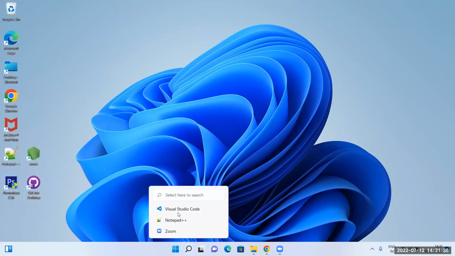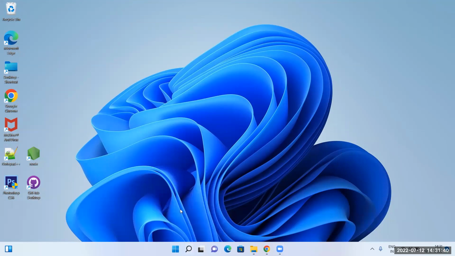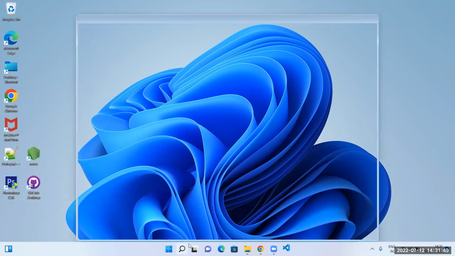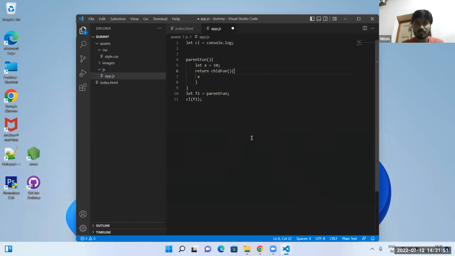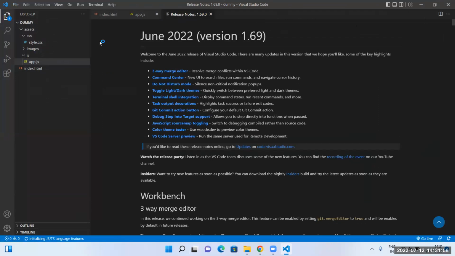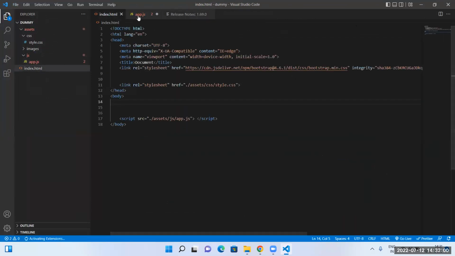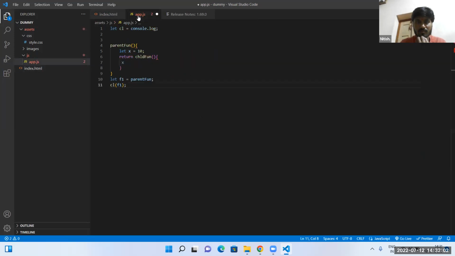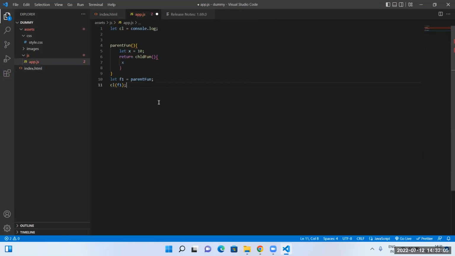So first, do you know what is an Ajax call? No, sir. I think you should know. Ajax call, XMLHttpRequest: how to get data from a link or API. I will share one API link, and you have to get the data from that link.